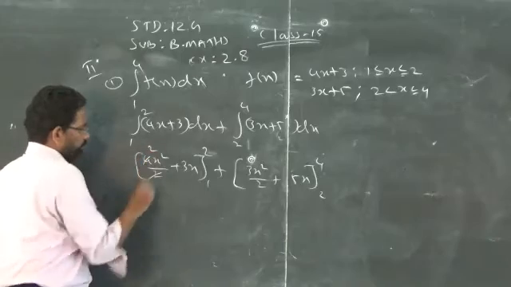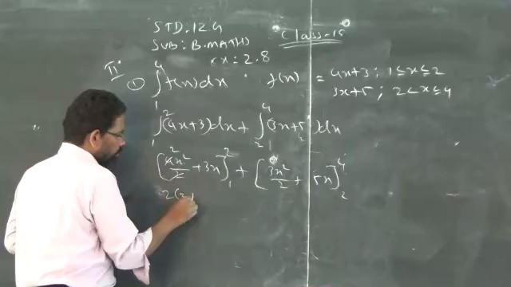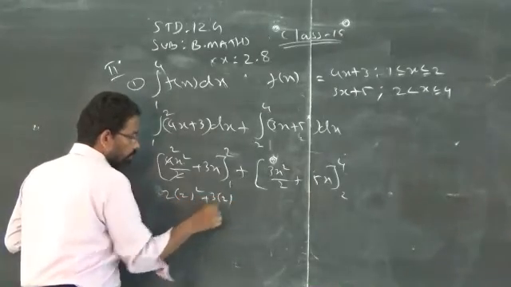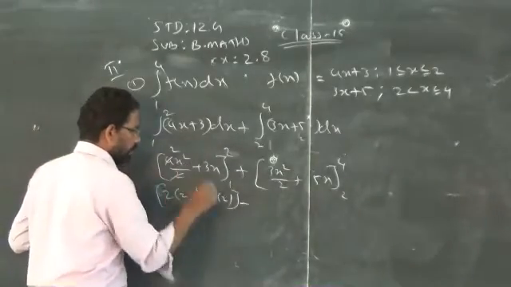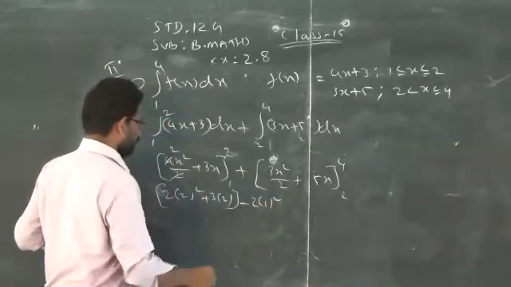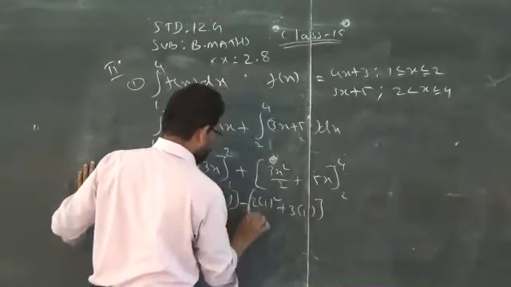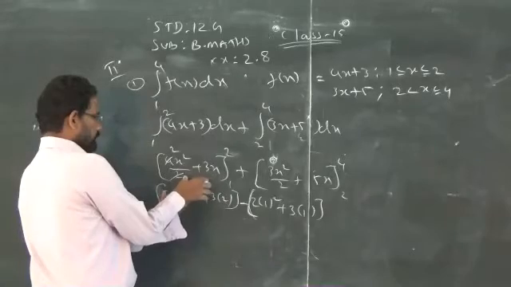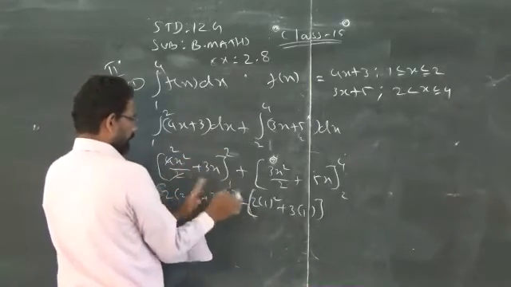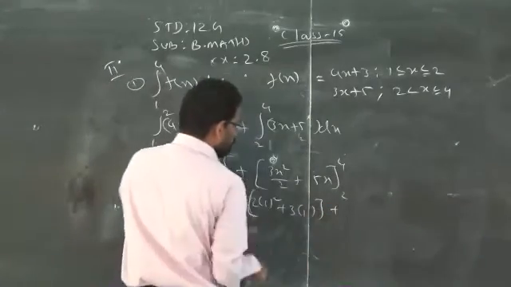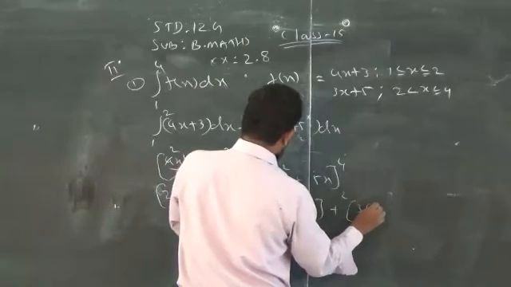So upper limit minus lower limit. If it is possible, you can simplify. So 2x square is replaced by 2 into 2 square plus 3 into 2, close the bracket, then minus, replace the lower limit, 2 into 1 square plus 3 of 1. See, I am replacing this x by the upper limit minus the lower limit for the first term. The next one, you cannot cancel this one. So again, 3 upper limit.